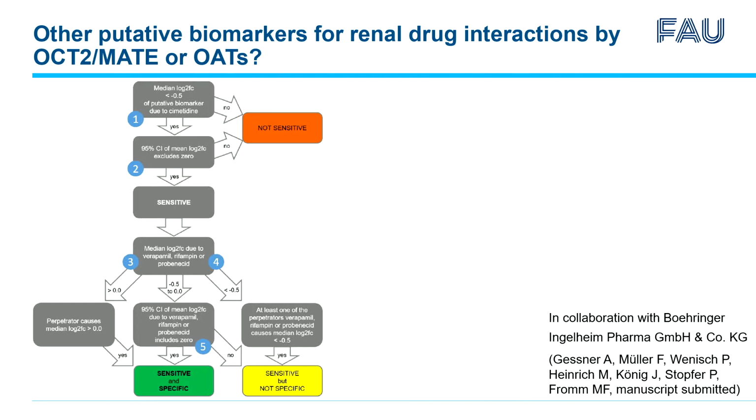And if the effect was also significant, meaning that the 95% confidence interval did not include 0, it was considered to be sensitive. Then in the second step, specificity was determined, with the same principle, so the effect of the other three inhibitors, verapamil, rifampin, and probenecid, had to be small and not significant. And it turned out